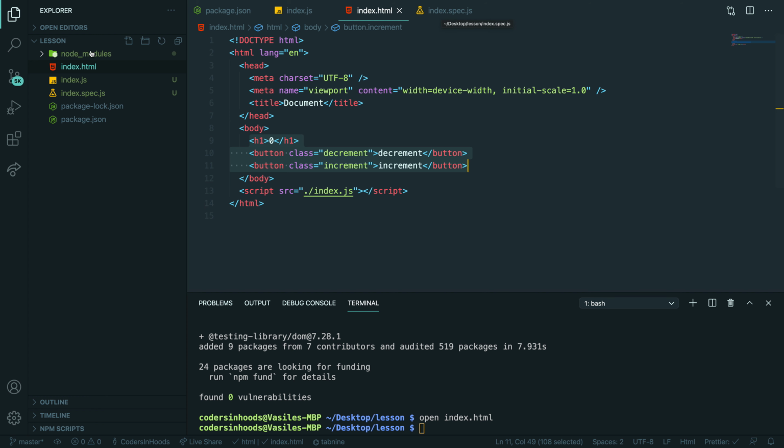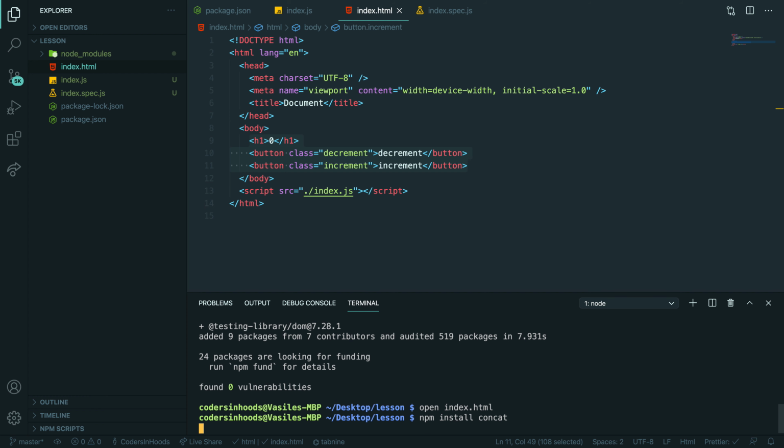And we want to join basically these three files because we don't have a webpack setup. So I think, as I remember, this is concat, npm install concat, to concat a few files.